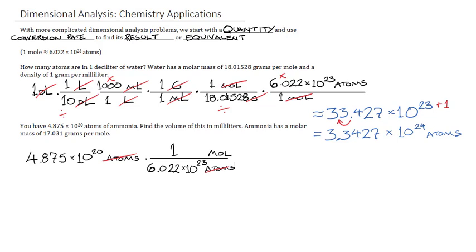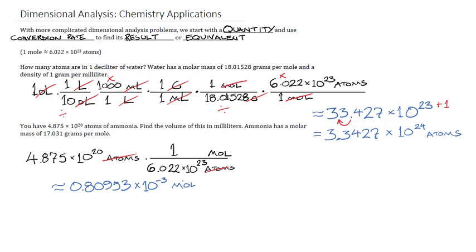And again, we're going to take these and subtract them. So I will get 4.875 divided by 6.022. That won't be a nice clean number, but that's really okay. That's how science works sometimes. And we will get about 0.80953 times 10, and again, what we're going to do is take 20 and subtract 23, which means this is actually 10 to the negative 3rd power in moles. So not much of a mole, but that's what it is.